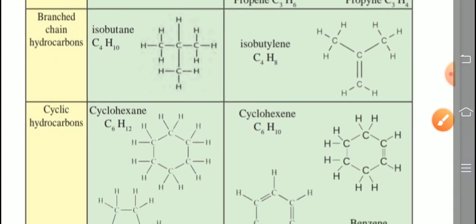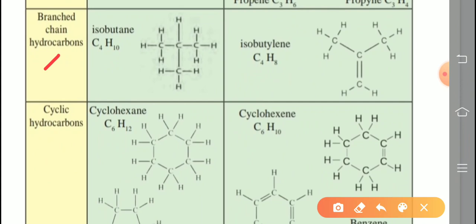Next, branch chain hydrocarbons. Now taking the example of isobutane. So this we already learned, C4H10, it is butane, but we are showing the branch chain. So showing the formula like this, that is 3 carbon atoms in a straight chain, but 1 carbon is not in the line, that is joined to the middle carbon atom, and showing here that structure is called isobutane. Why called butane? Because 4 carbons, and all carbon atoms are not in a straight line. That's why called branch chain or isobutane.